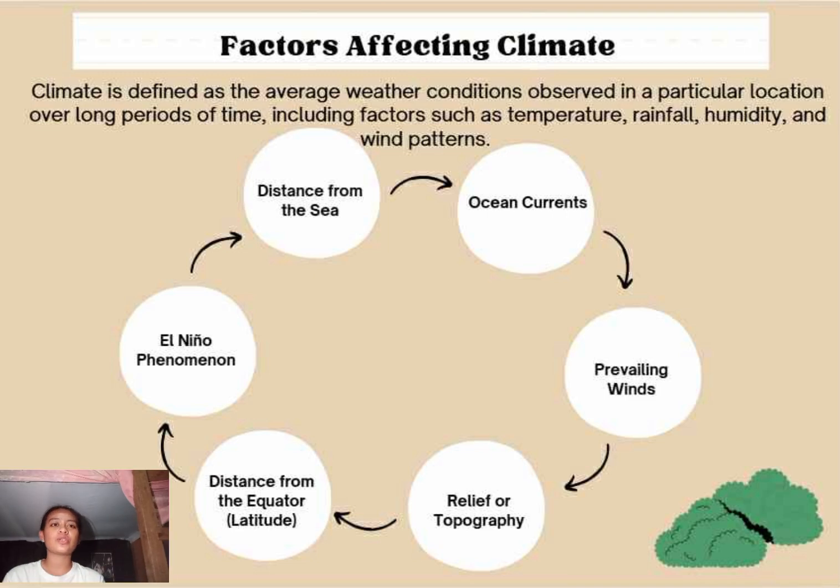In conclusion, climate results from a combination of natural and human-made factors. The natural factors, such as ocean currents, winds, mountains, and latitude, can create different climate zones. However, human activities are now causing the climate to change more rapidly. To protect the future, we must adopt sustainable practices and reduce activities that harm the environment to maintain a stable and